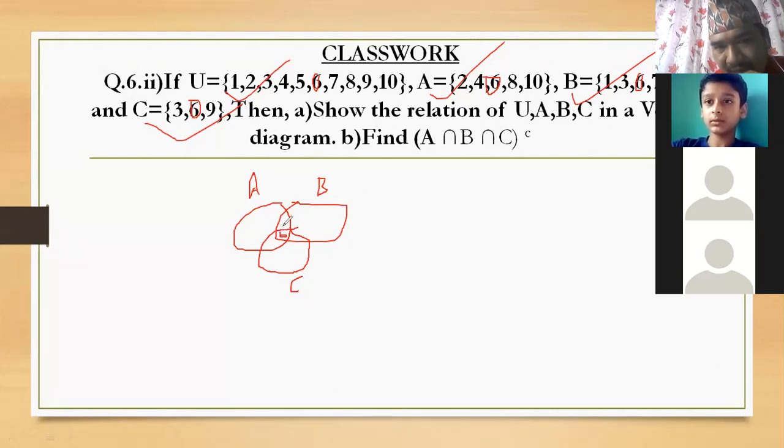6 only. Okay. This 6 is the common of all. I am telling this one part. This part is known as the set A and B only. Set A and B, is there any common? No, sir, there is 6, but 6 is already done. Now there is no common of A and B only. Okay. Now let's go to find out the common of B and C only.